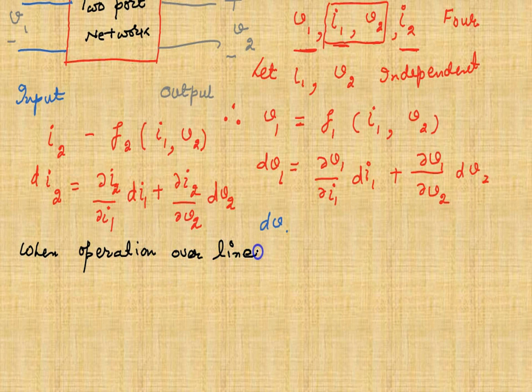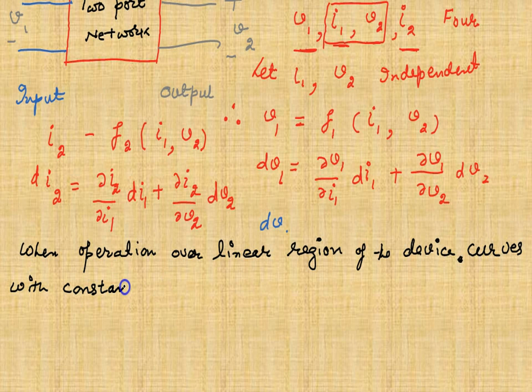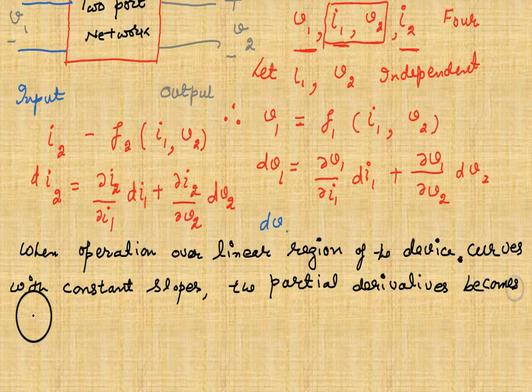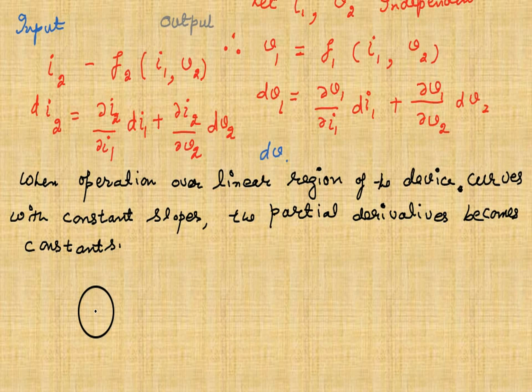When operating over linear regions of the device curves with constant slopes, then the partial derivatives like curly I2 over curly I1, etc., they all become constants because the slope of a line is a constant. Then the 2 equations are written as